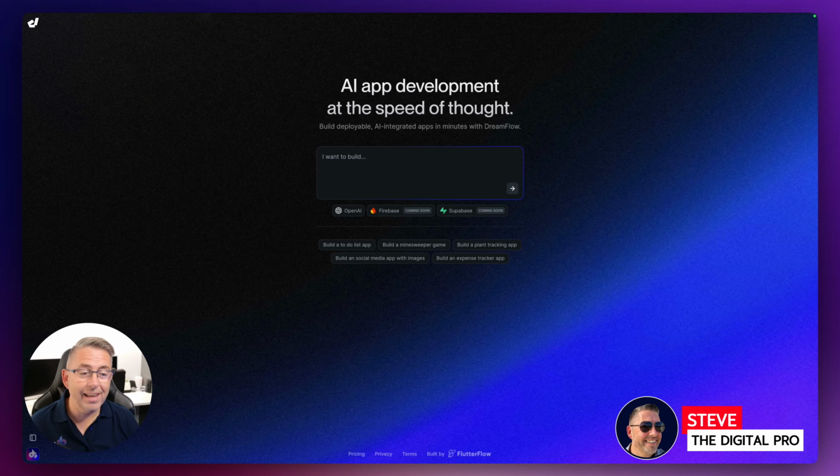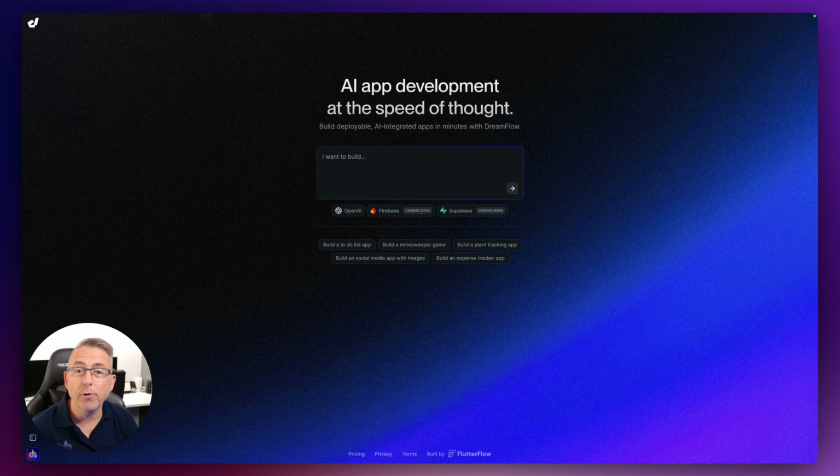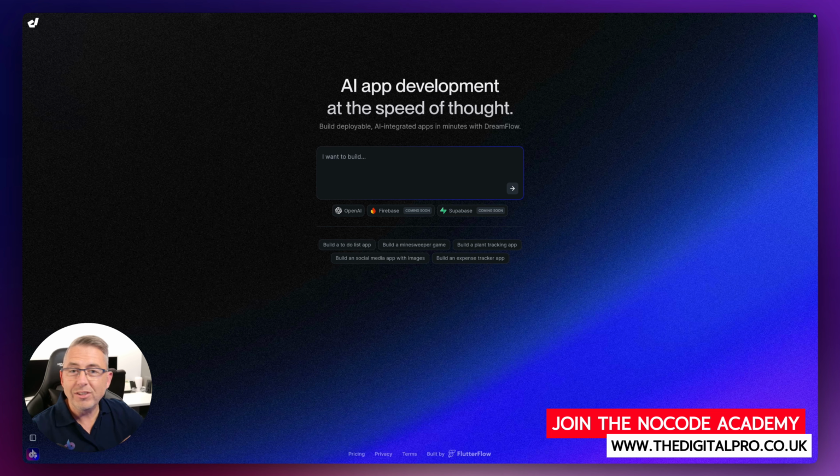I've just had a bit of a surprise announcement that has just landed, and that is our friends at Flutterflow have been working on what looks like an AI app development tool. Now this is called DreamFlow. It took me by surprise, an email just landed in my inbox. I jumped into it. I haven't done anything other than loading up the homepage here, and what we're looking at